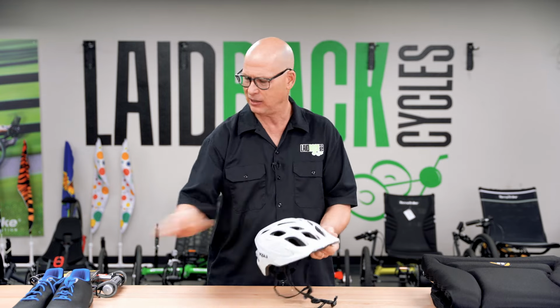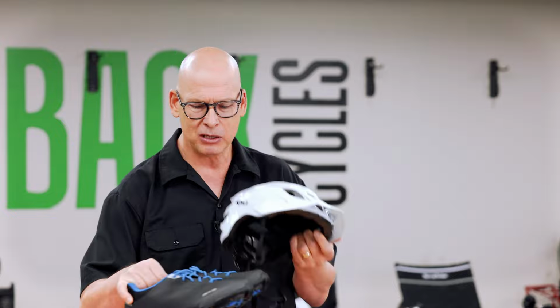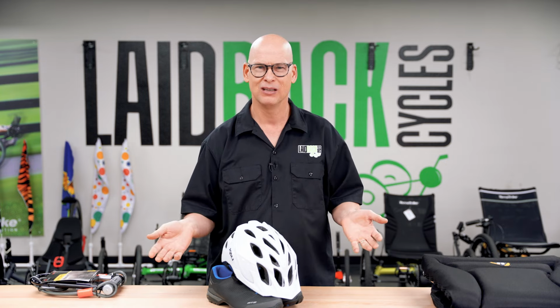I usually put my helmet and my riding shoes on my trike. Now, riding shoes, I say most people use riding shoes nowadays, but you can also use a heel strap. But you want to keep these right on your seat and ready to ride, and so you don't have to look for them. And you know, most people ride their trikes either daily or 3 or 4 times a week